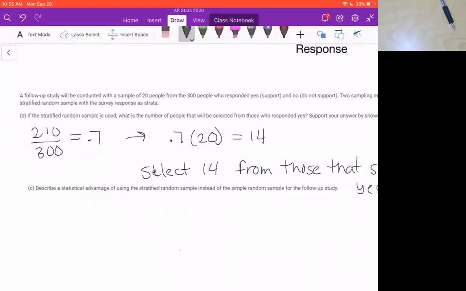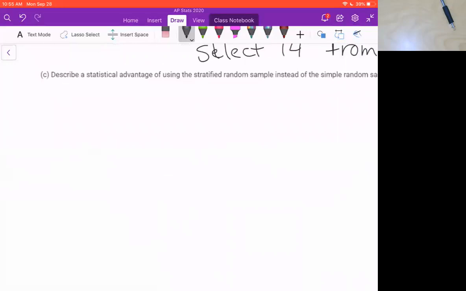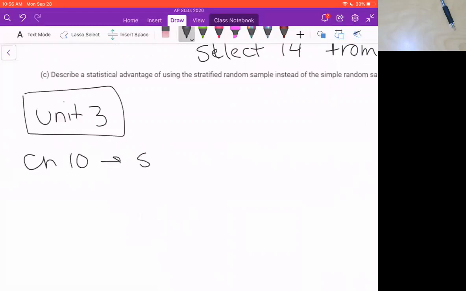Okay. So unit 3. I'm going to let you work on what you need to work on, but I want to make sure that you know that in unit 3, we had chapter 10, which was on simulations. We didn't do a whole lot on simulations, but for a simulation, you need to make sure that you can read through a simulation that's described and say, yeah, that's the correct way to do it.